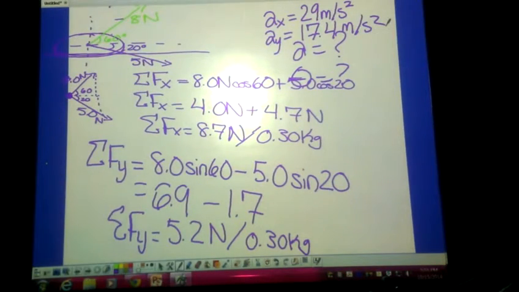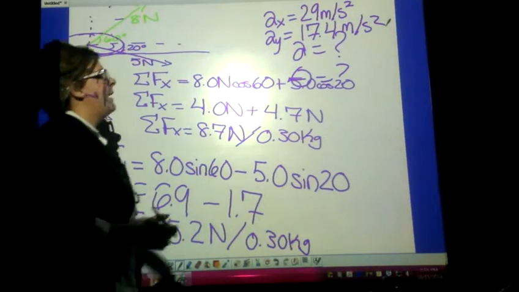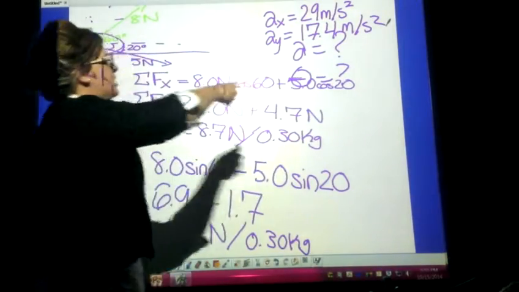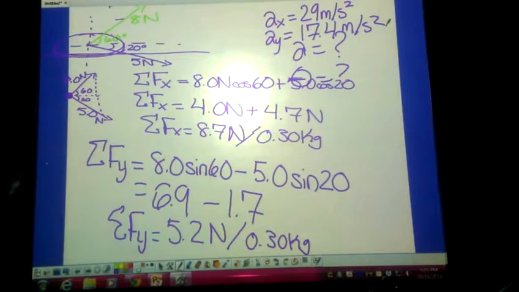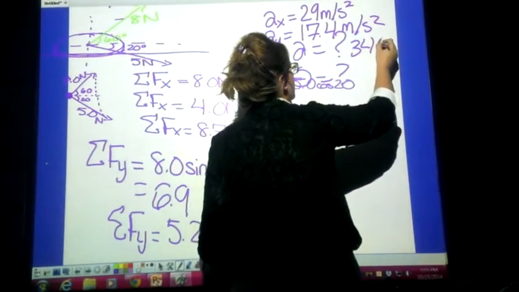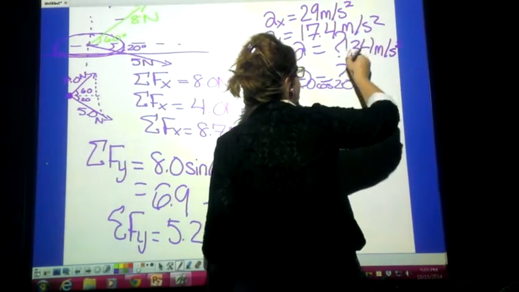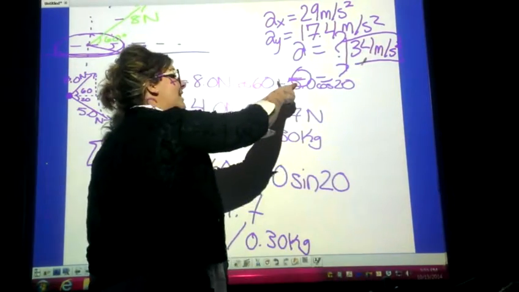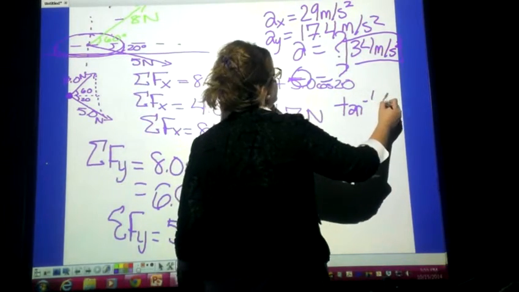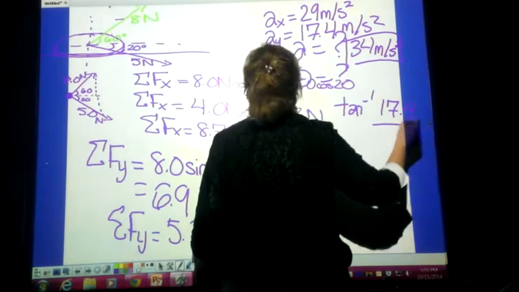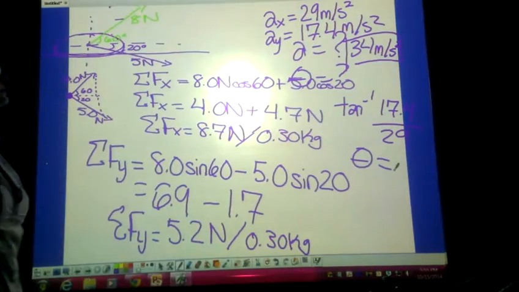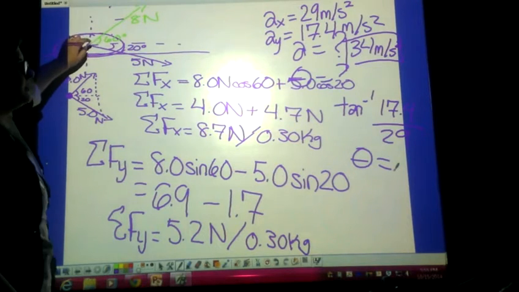Okay, so I know my acceleration in the x, I know my acceleration in the y. Let's square both and square root to find the overall magnitude of acceleration. If I do that, I should get like 33 or 34. So let's just say it's 34 meters per second squared. And then if I want to know the direction, because that's the last piece, let's do inverse tangent of 17.4 over 29. And assuming that this is my picture, it should be